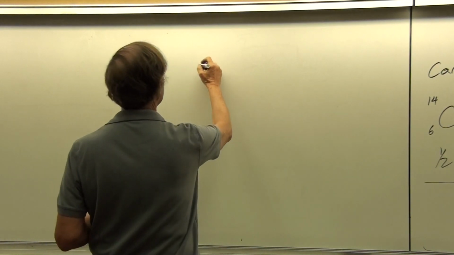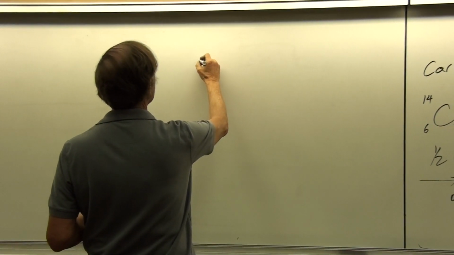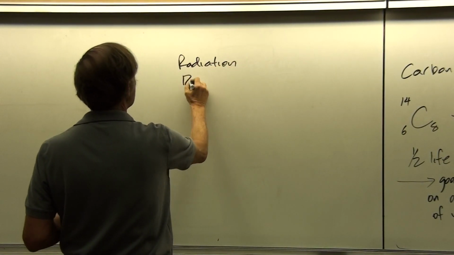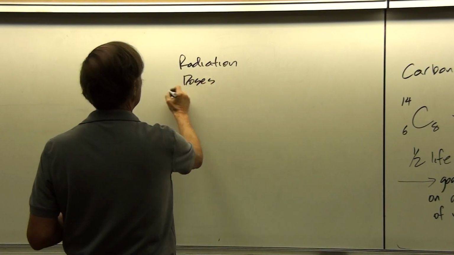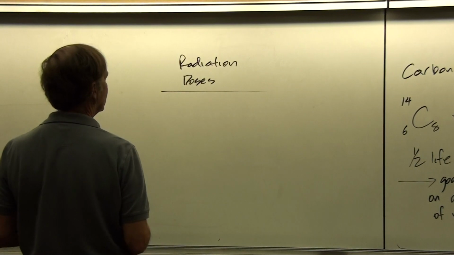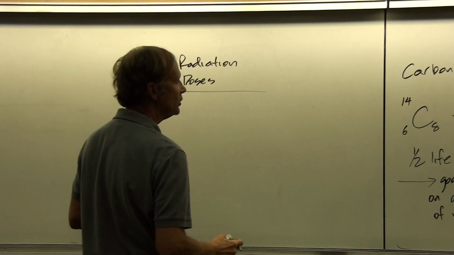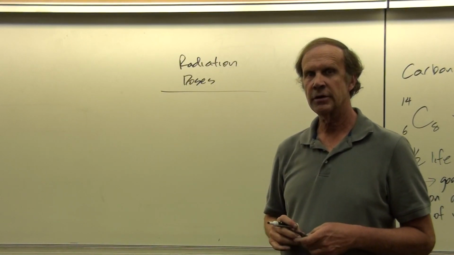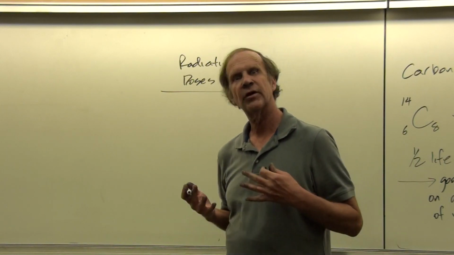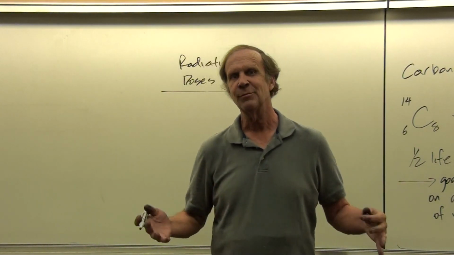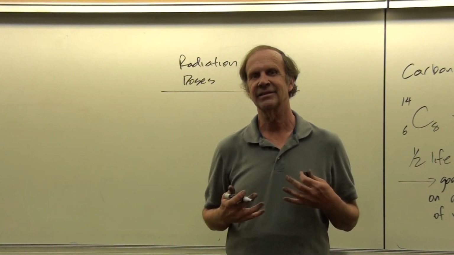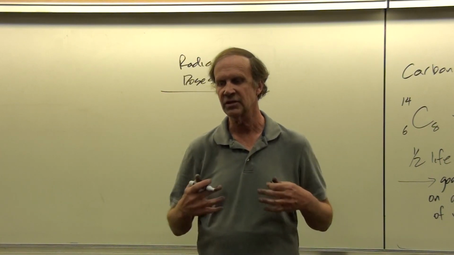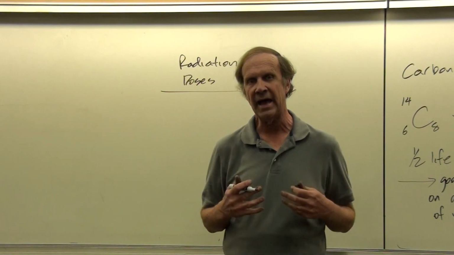Next thing I wanted to look at is ways of measuring radiation intensity. And so one way of measuring it is in terms of a total amount of radiation that's absorbed per unit mass. Okay? Because if I'm twice as big as somebody, I'm going to get twice as much radiation. But each of my kilograms of mass is going to get roughly the same. And so radiation dosage is usually measured in terms of an energy per unit mass.